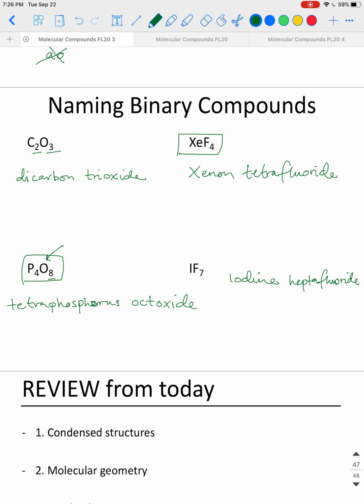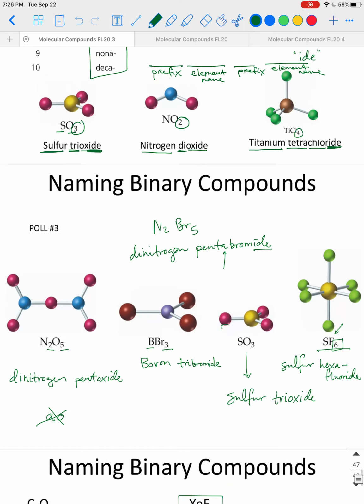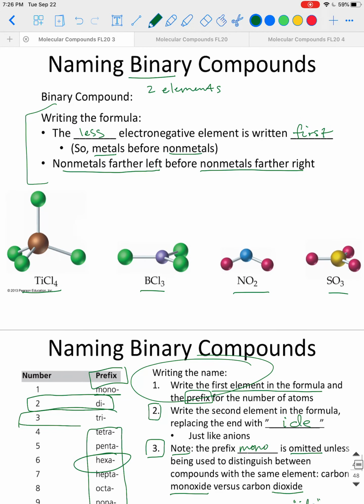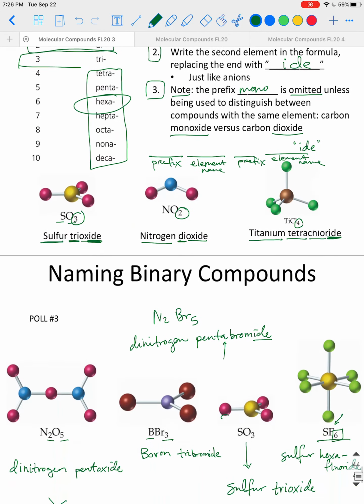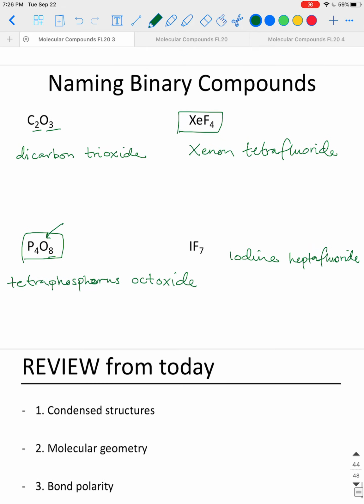Iodine heptafluoride. So that is how to name binary compounds. I would say make sure you review these rules here and know these rules here. And then when it comes time, I will post extra practice problems of these from the back of chapter